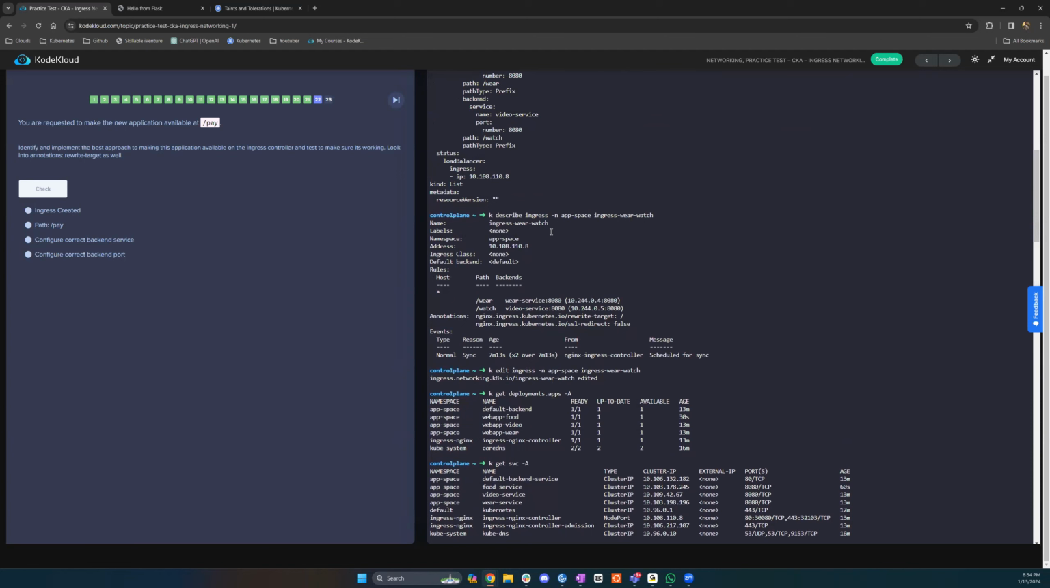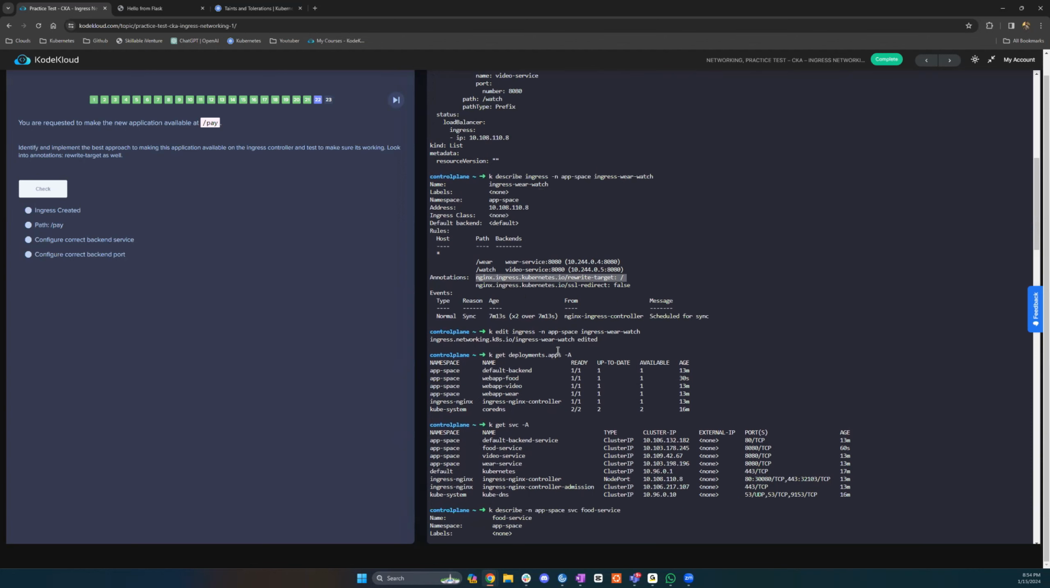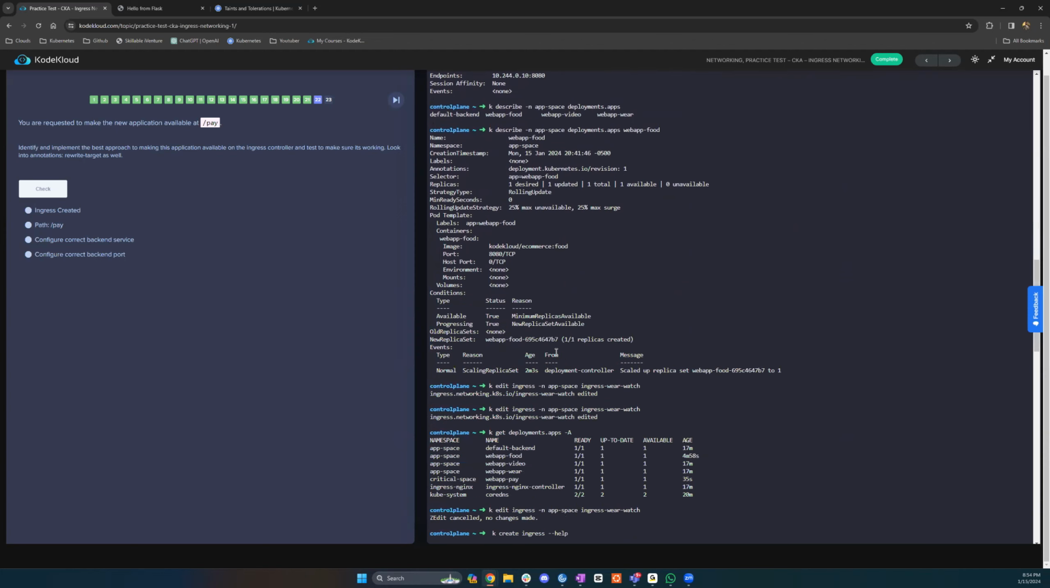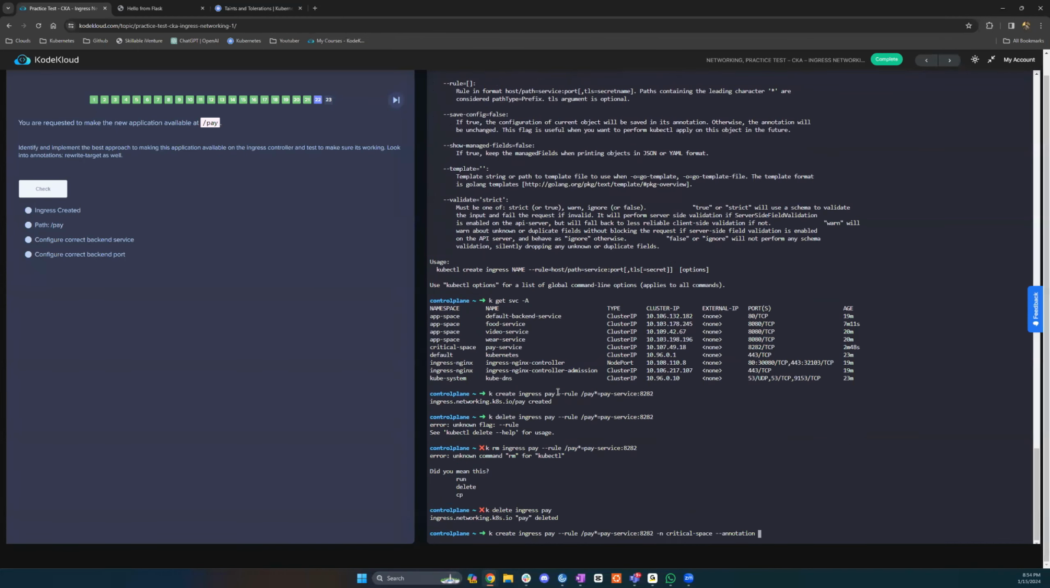Right there, annotations, where it says rewrite target. We're looking for the rewrite target one. Okay, right here. Yeah. And it's not the easiest thing for me to explain, but if you guys want an explanation of what that annotation is actually doing,